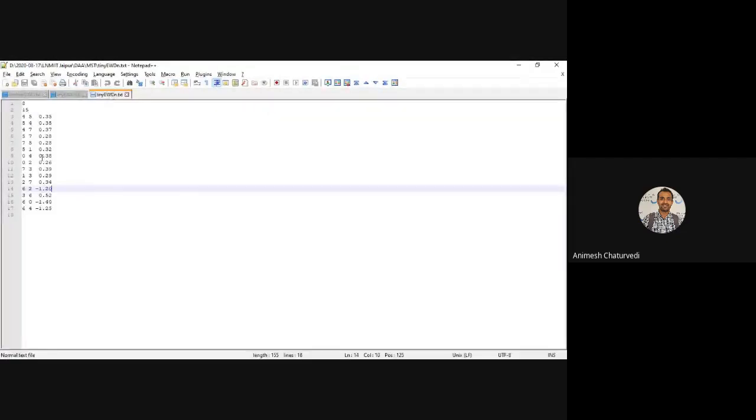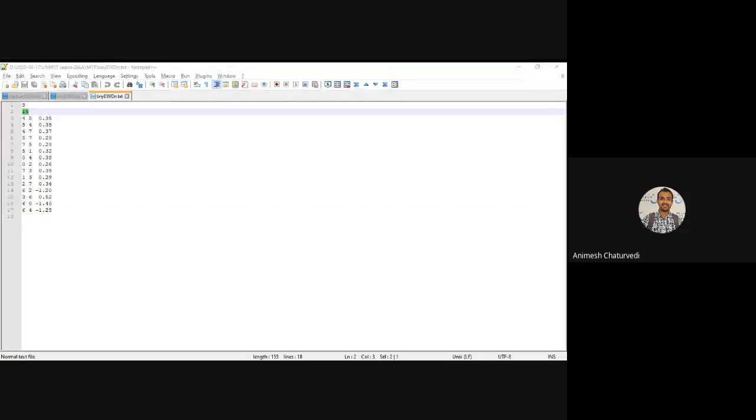Then a tiny graph with negative weights on the edges. These are the three negative weighted edges, and they do not form a cycle. So in Bellman-Ford also we got perfect results, and it didn't detect any cycle. So there is no negative cycle in this graph of 8 vertices and 15 edges. So this is what we wanted to discuss in the execution part. We'll start the next part very soon.